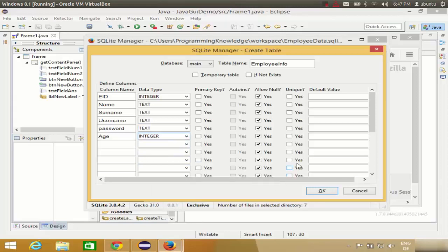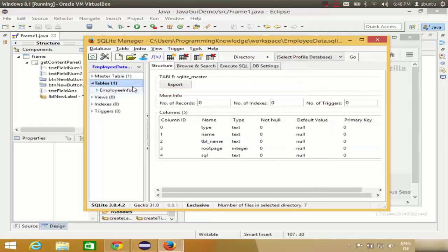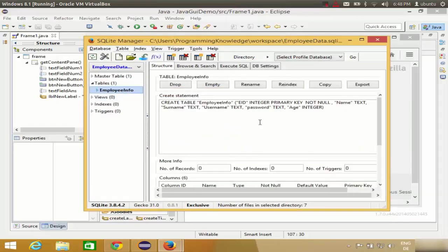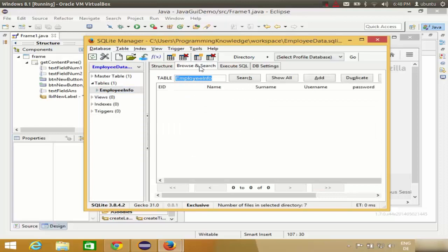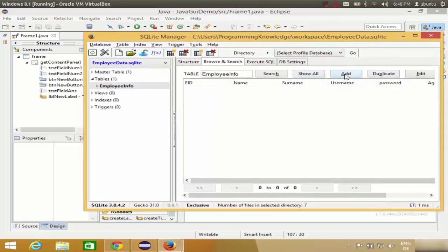Okay, so I have quickly created this database, and for example I say EID is my primary key. I will click OK and click yes. So now I have one table created in the SQLite Manager, and in this table I can add some data. Okay, so how to add data? You can just make it bigger and just go to the table and go to browse and search here, and